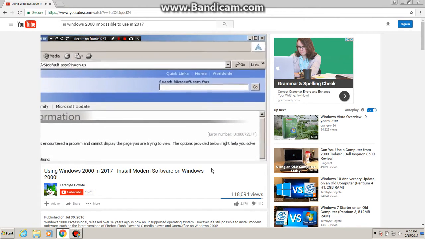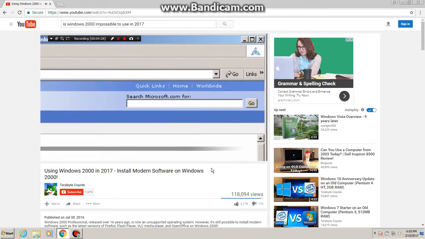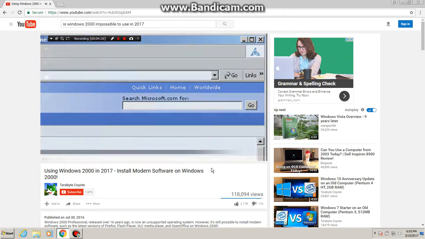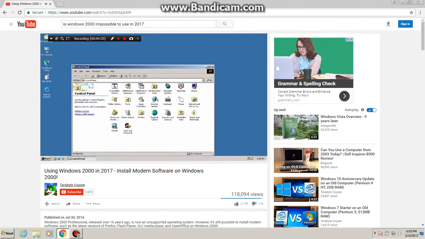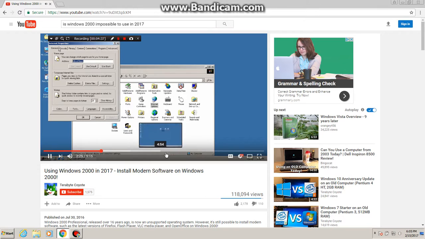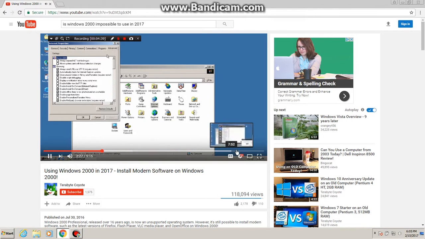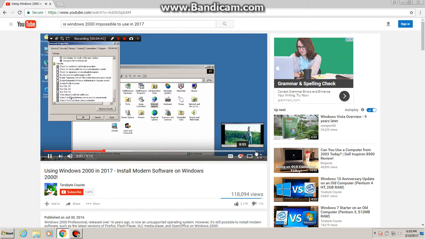As you may have guessed by how we updated the Windows Update Agent, we're trying to launch Windows Update. However, we need to change two small but crucial settings before we are able to run it. Open the Start menu, click on Settings, and open up the Control Panel. Here, double-click on the icon labeled Internet Options, and on the row of tabs on the top, click on Advanced, and uncheck this box labeled Automatically Check for Internet Explorer Updates, and then scroll down to the bottom